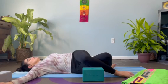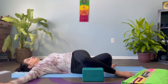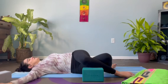Deep inhale and exhale. Deep inhale and exhale. Notice if there's any tension in any space. Gently just release that space. Find length in that space. Deep inhale